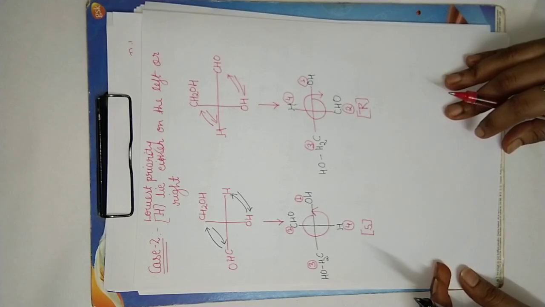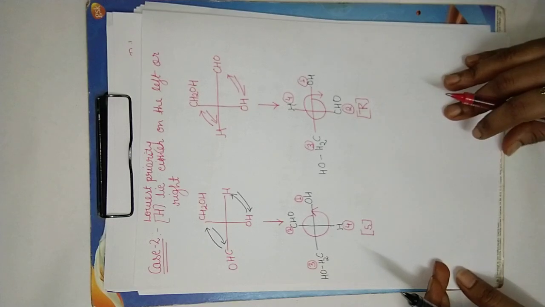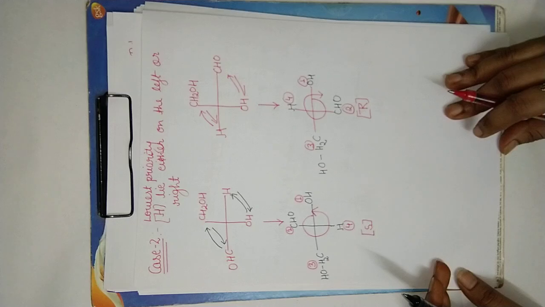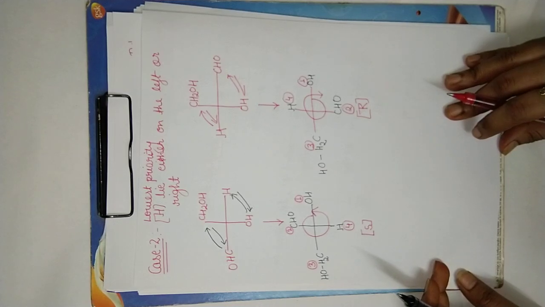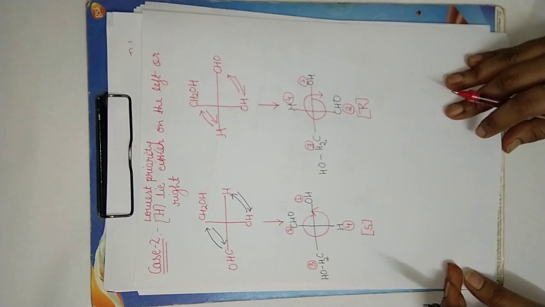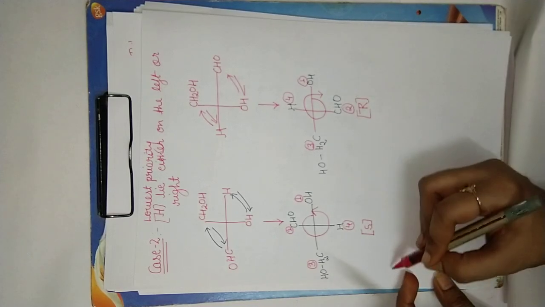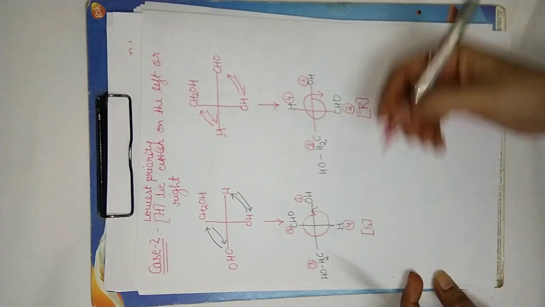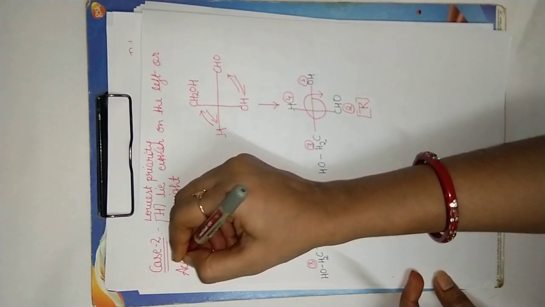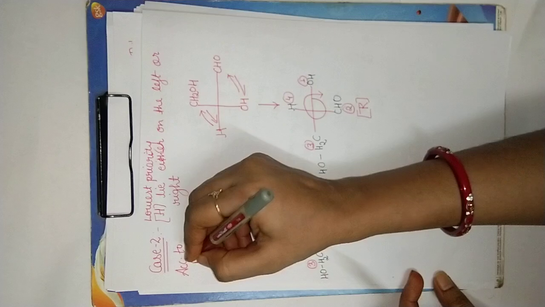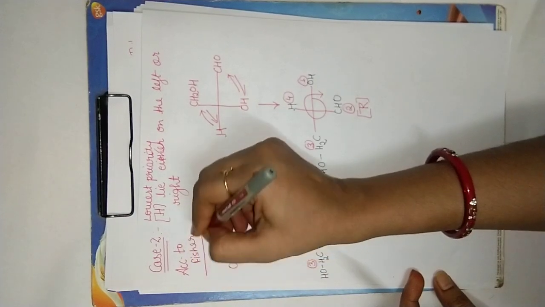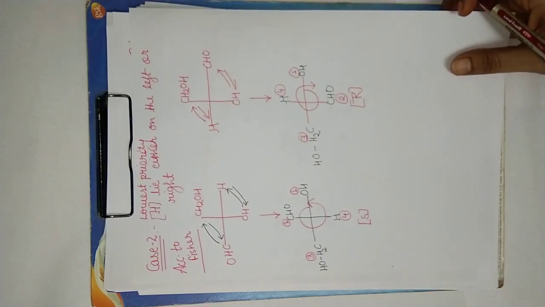Okay, if this question is asked, then you have to rotate the compound by 180 degrees. Always remember, according to Fischer, it should be rotated only by 180 degrees, in which all the vertical bonds become horizontal and all the horizontal bonds become vertical. Okay, this is according to the Fischer projection. According to Fischer, I am giving you one short trick.